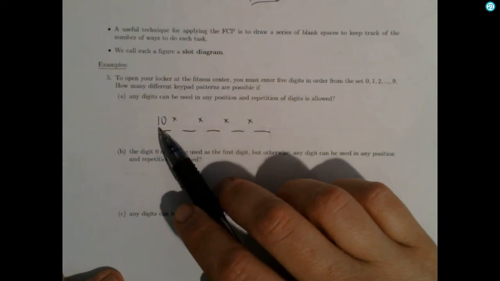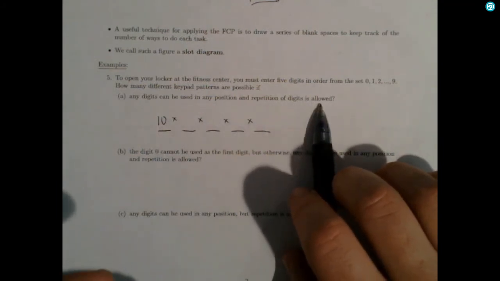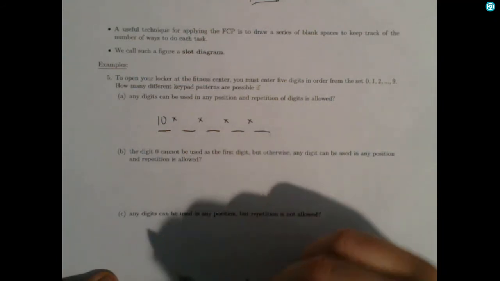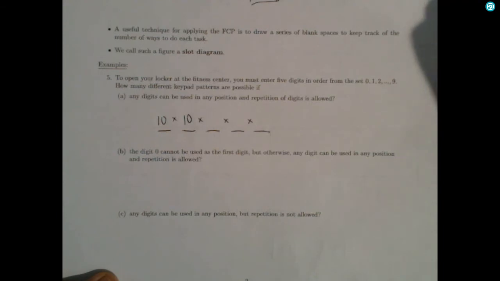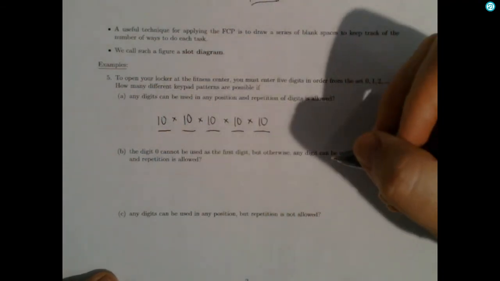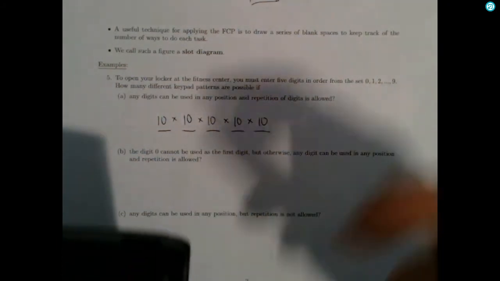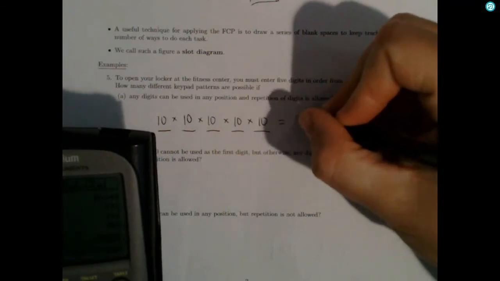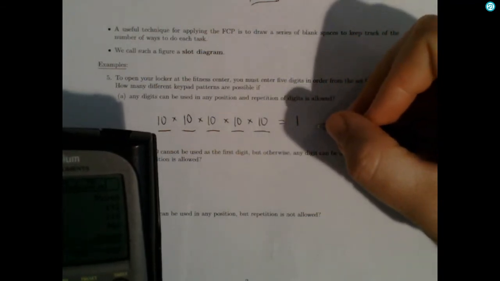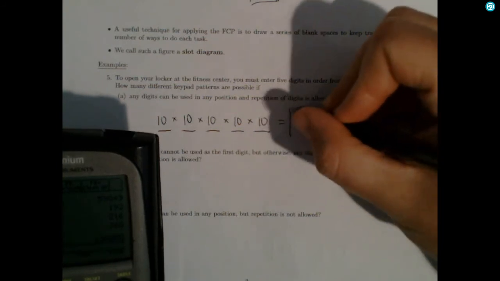number in the code. And then it says repetition of digits is allowed. So we can reuse that digit that we chose for the first one. So there are still going to be 10 possible digits for the second number, and 10 for the third, 10 for the fourth, and 10 for the fifth. So that comes out to, well, it's going to be 1 with 5 zeros behind it, right? So I think that's 100,000